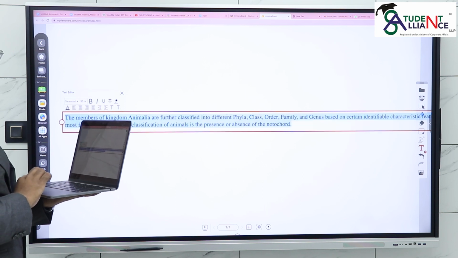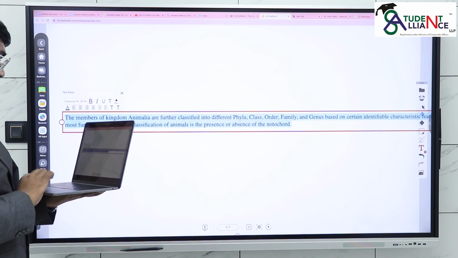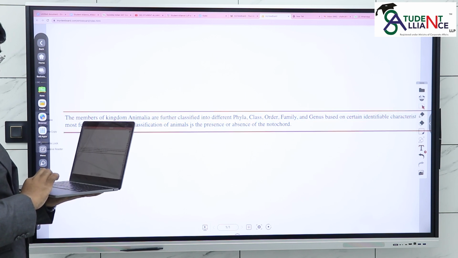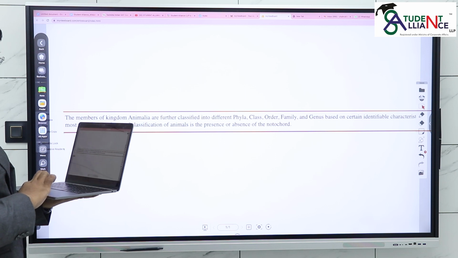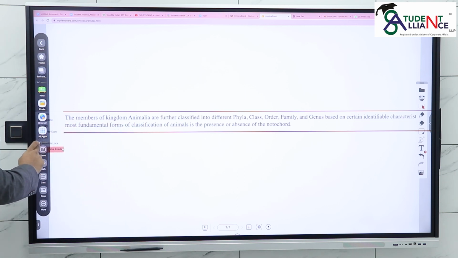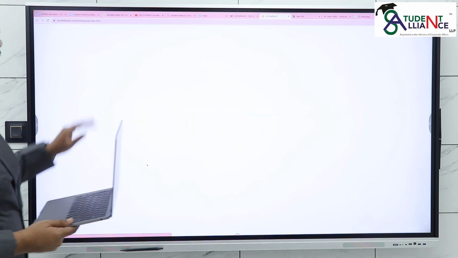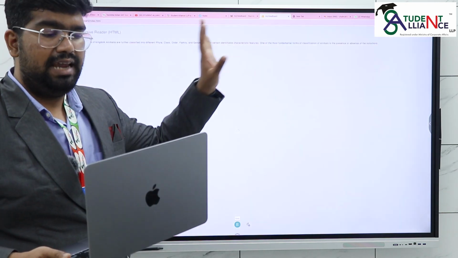You can change the fonts and then right click and click on Immersive Reader. So Immersive Reader, if you see from here, is here. Just click on Immersive Reader. As soon as you click on Immersive Reader, the entire file